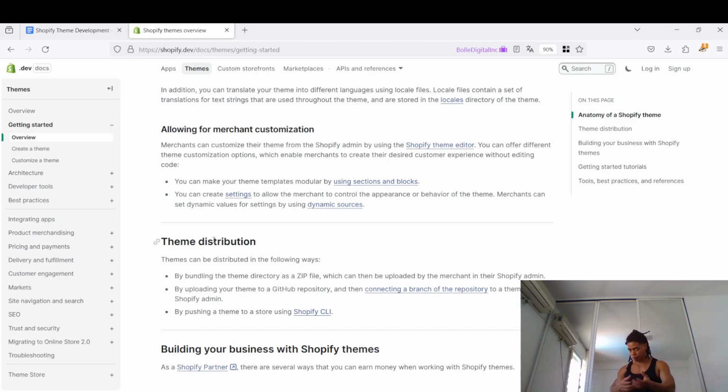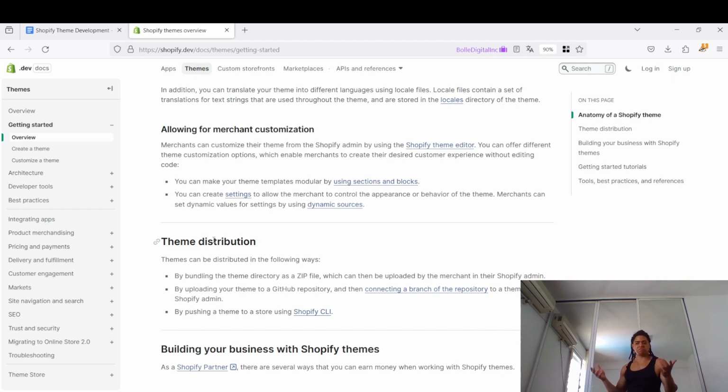And when it comes to deploying or distributing this theme to your merchants, you can do that by sending the zip file to them, and then they install that on their online store, or by connecting to their online store through a Shopify staff account through their admin dashboard, where you can connect using GitHub to their Shopify admin,